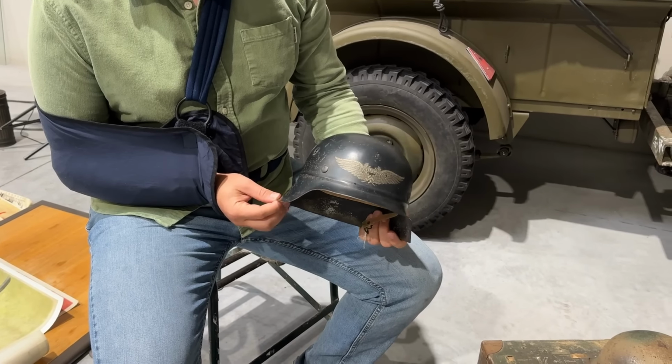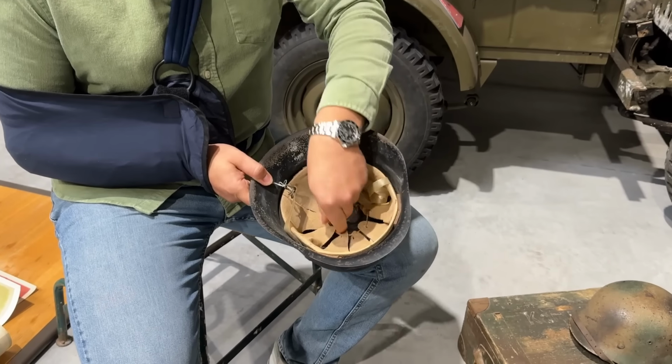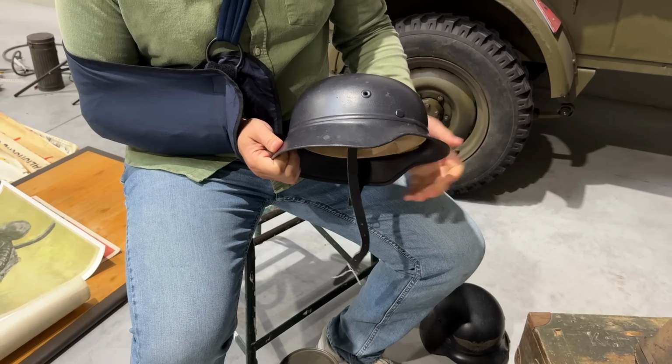So a nice example, and I think it's made by HKP, and it has this typical ersatz liner, very poor quality, late war, but a very rare model to find. And then we also have a very late war beaded helmet. This is also a Luftschutz helmet, never received a decal, and maybe some of you didn't know already, but this